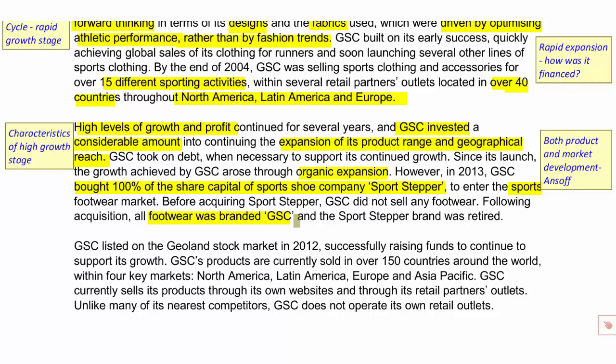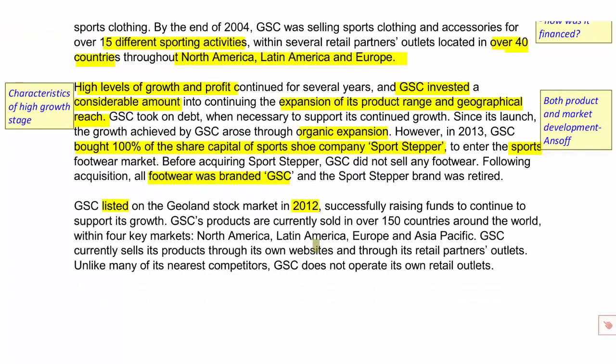And furthermore, to power the growth of the company even more, the business decided to list on the GLN Stock Exchange in 2012. That also raised funds, so they've debt funding, they're using their internal funding, and now they have equity funding from shareholders. That allowed the company to reach 150 countries across 4 key regions: North America, Latin America,